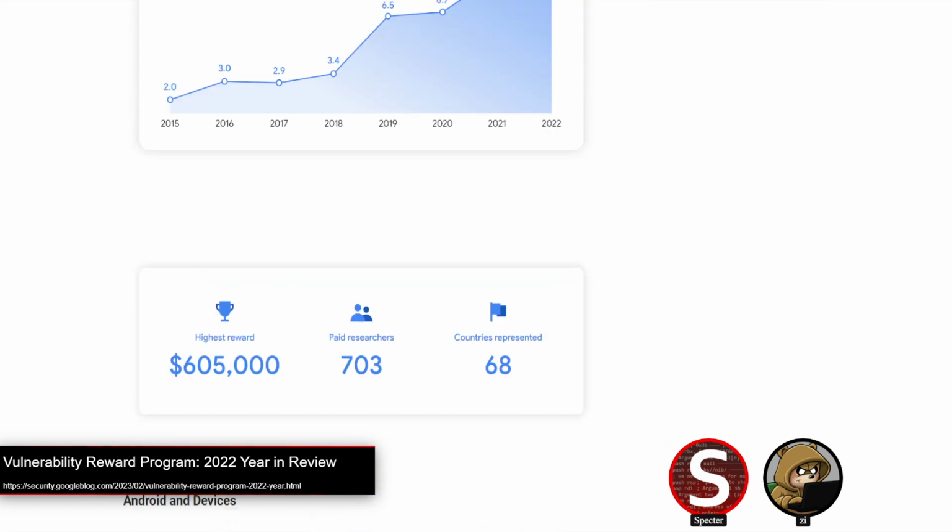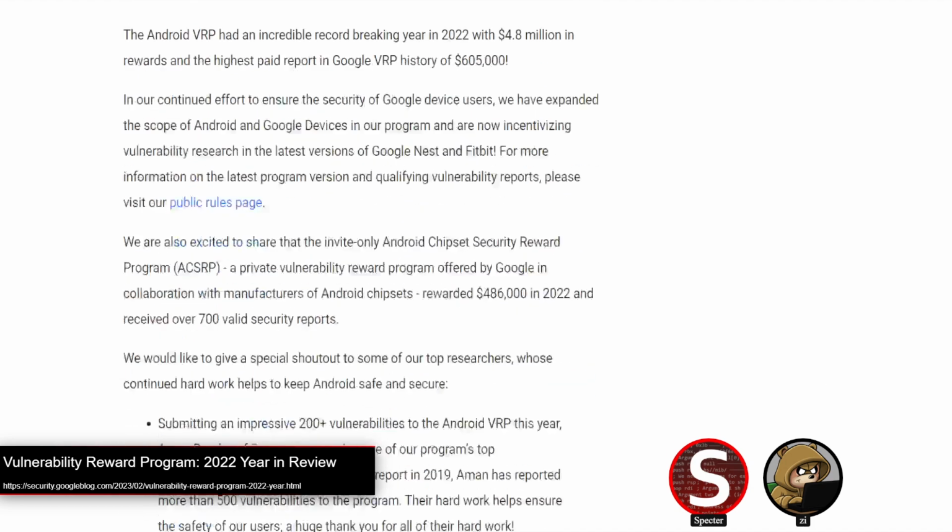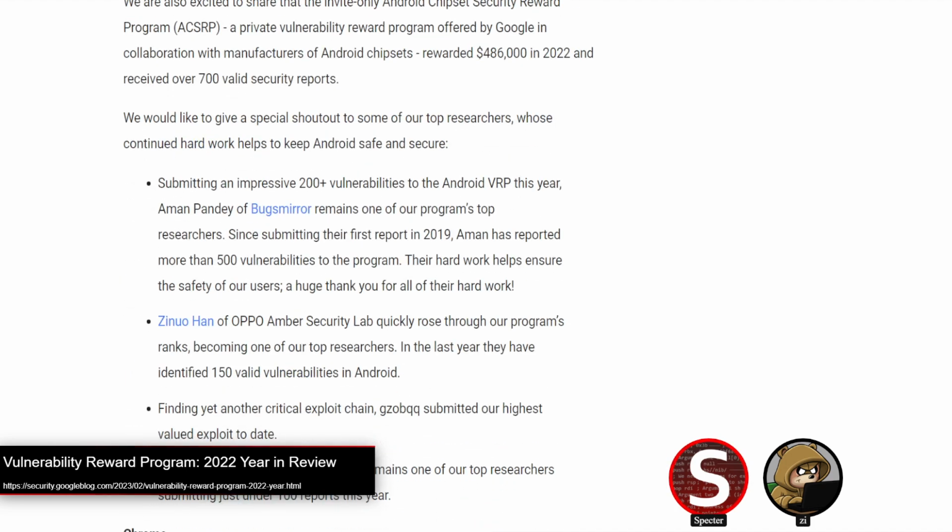Mostly, what they do here is they shout out some of their top researchers. I think they say there's a few researchers here who had over 200 reports last year, which is pretty insane. It's almost hard to comprehend that many. The one guy here, Aman Pandey of Bugsmirror, I actually checked them out a little bit. It looks like they might have been reporting several side channel type issues. I don't know for sure. I didn't actually get to track down exactly what they reported, but they have this little